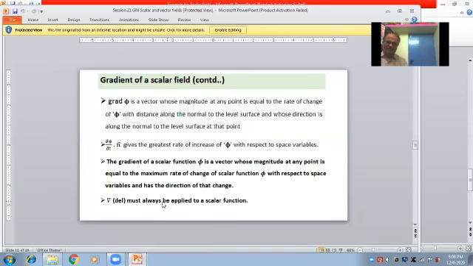So this del operator must always be operated on a scalar function. It is not used to operate on a vector function. It is always used to operate on the scalar function. Next,